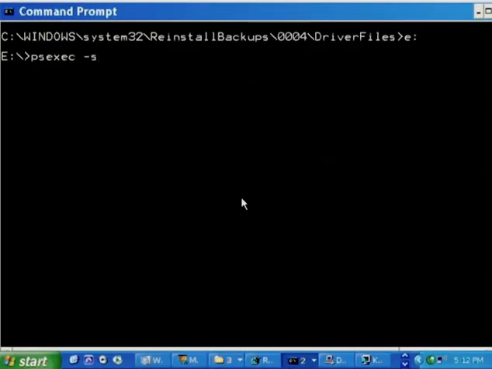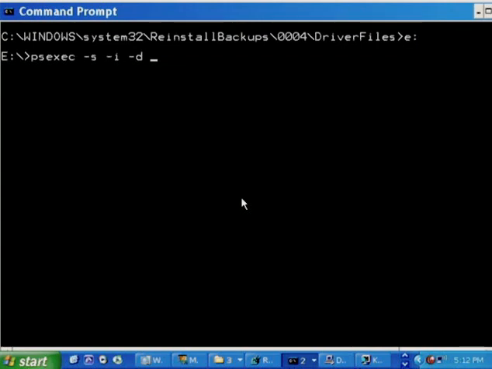One security context that PSExec makes it very easy to run these tools in is the local system account. So I'm going to open a command prompt and show you the launching of Regmon, for example, in the local system account. So I'm going to launch PSExec, type -s to have it launch in the local system account, type -i to have its GUI appear on the interactive desktop. If I omitted the -i, Regmon would still run, but we wouldn't be able to see it because it would be on the service's non-interactive desktop. And type -d to have PSExec launch the process and then return immediately to the command prompt without waiting for that process to exit.